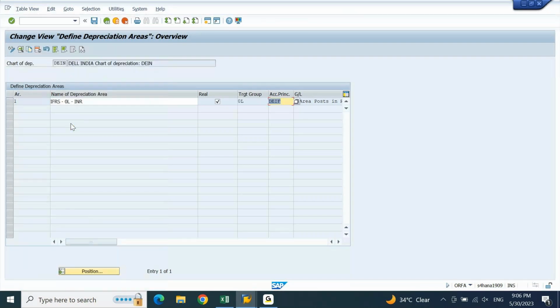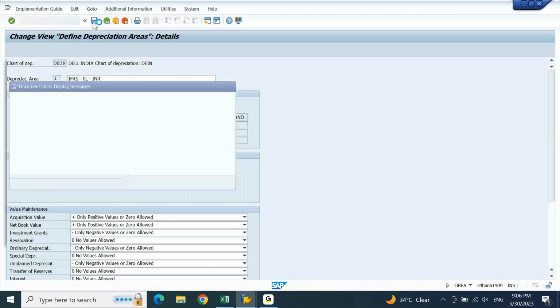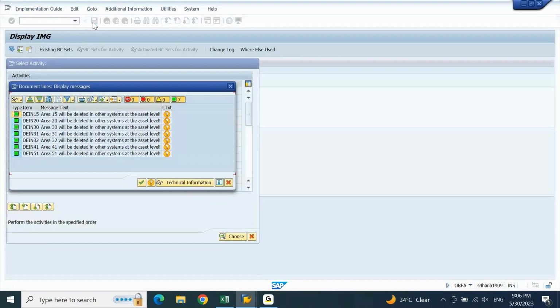The moment I select this, automatically ledger is filled up, 0L. Correct? Yes, sir. The moment I put accounting principle, by default it brings the ledger. Press enter. Now let's try to save. Any error message now? No, sir. No error message, sir.